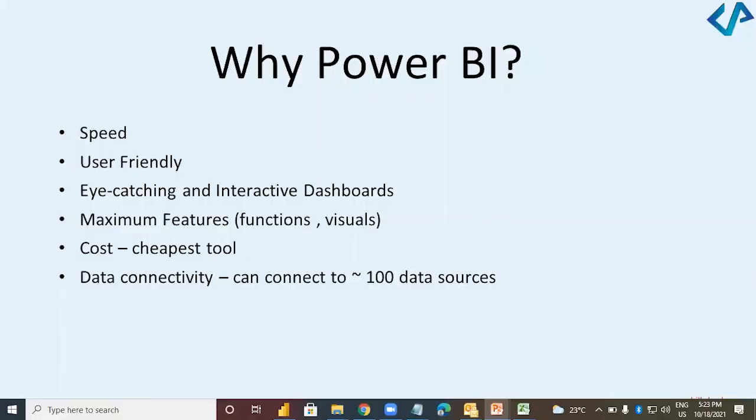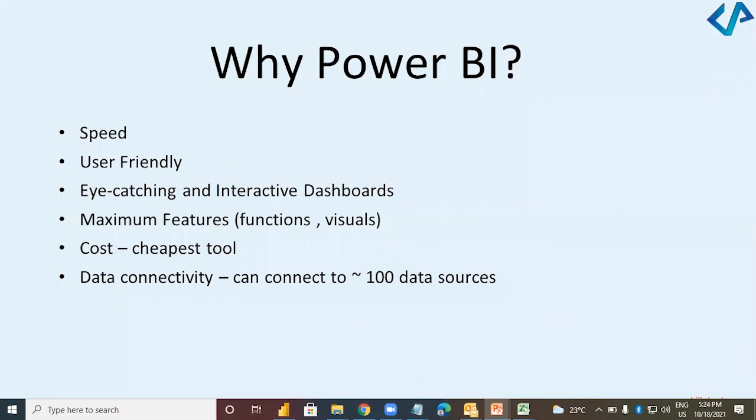Then maximum features. Power BI is the only visualization tool which has provided so many features. It is a feature rich product. For example, in Excel we have a lot of functions: text functions, date functions, number functions, like left, right, upper, lower, trim, mid, find, date part, date diff, date add, day, month, year, addition, subtraction, multiplication, division, modulus.